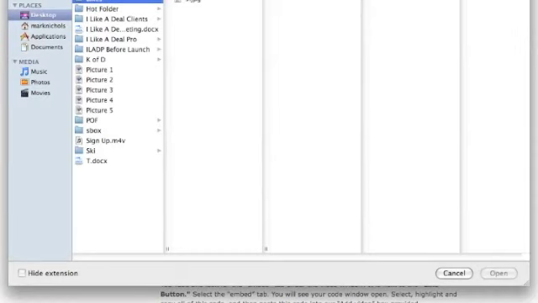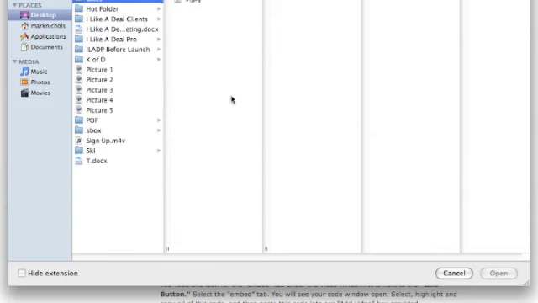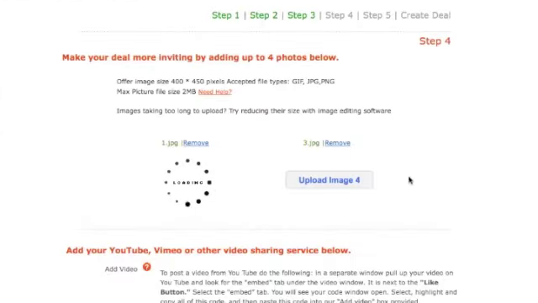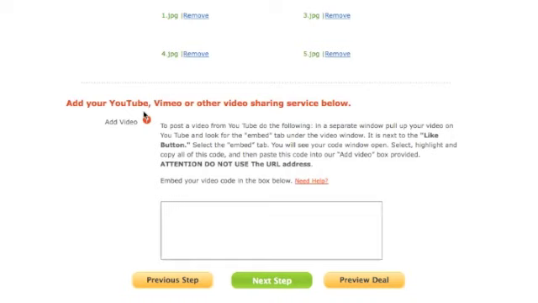The better, the clearer the photo is, the better it is to represent your product and your brand. You just go through and load up to 4 photos. You can see that they're all there, and the JPEGs under each one, or you can remove any photo that you didn't like. This is the section where you want to add the video,